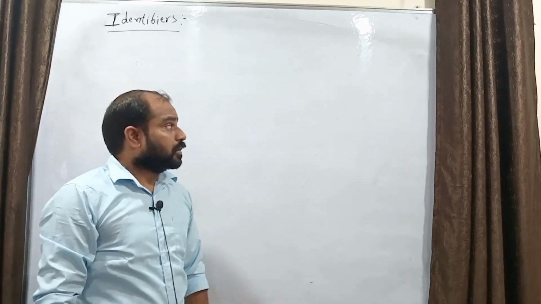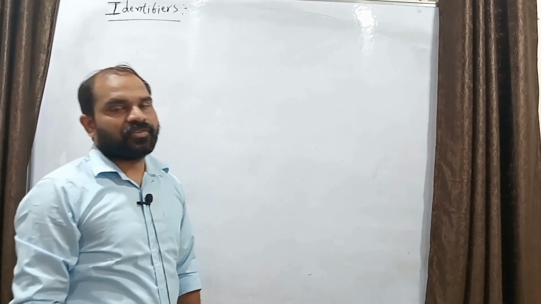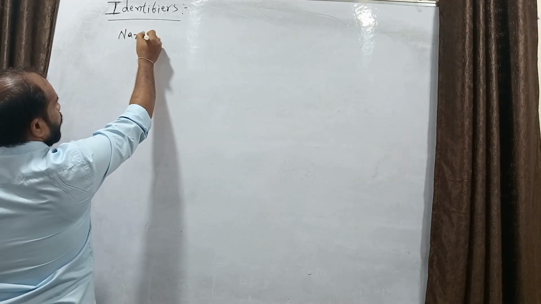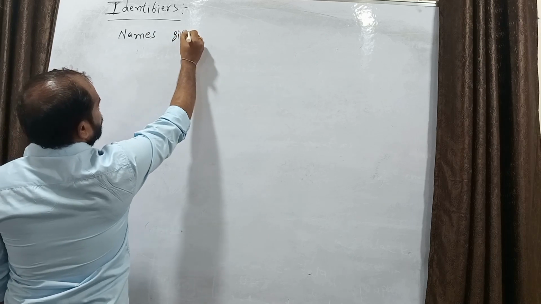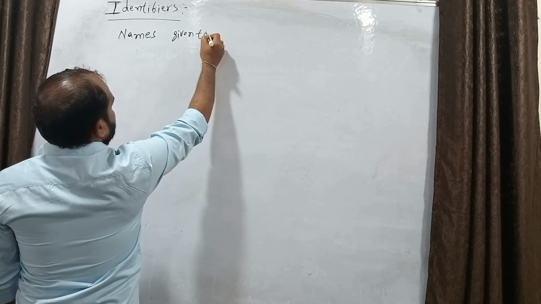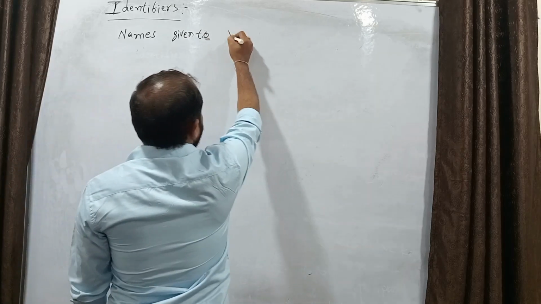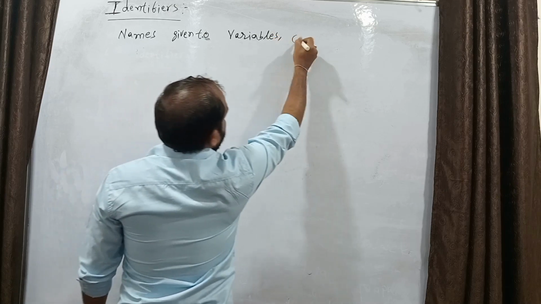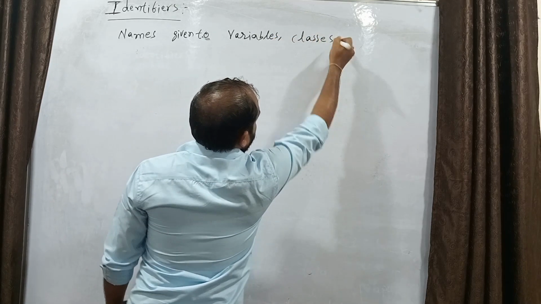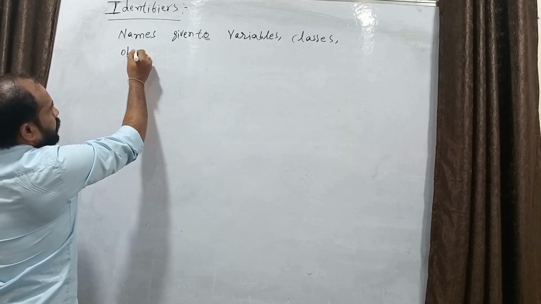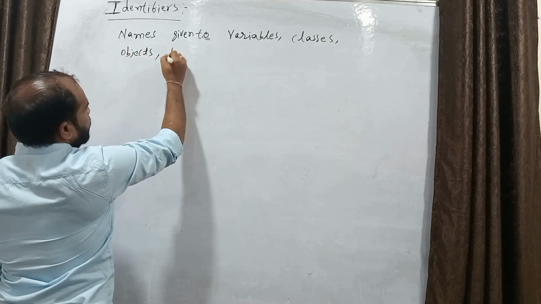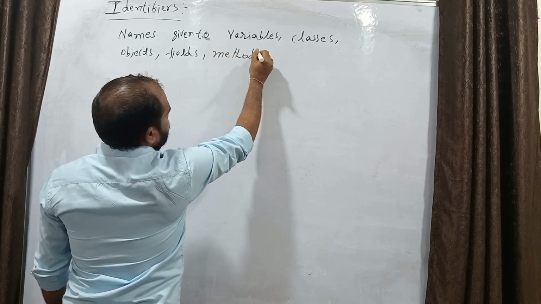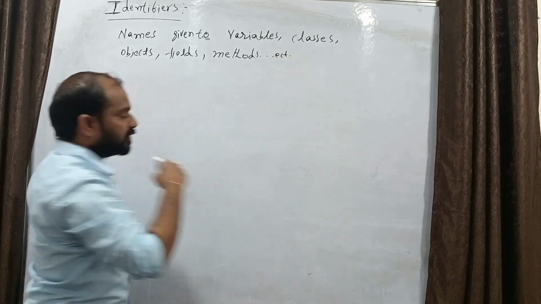Hello everyone. So we are going to discuss identifiers. What are identifiers in C sharp? Identifiers are names given to variables, classes, objects, fields, or methods, etc. Right? Because